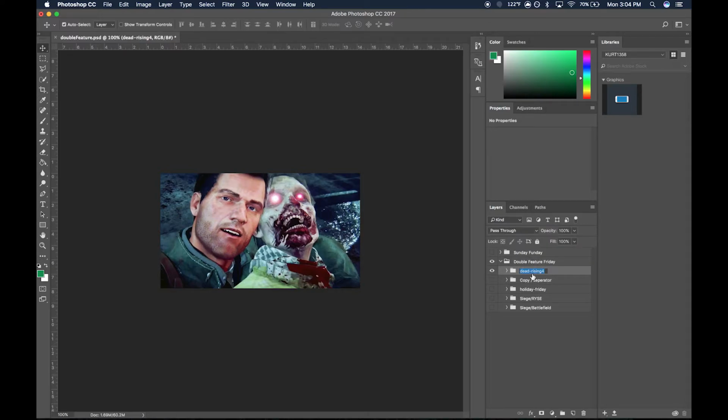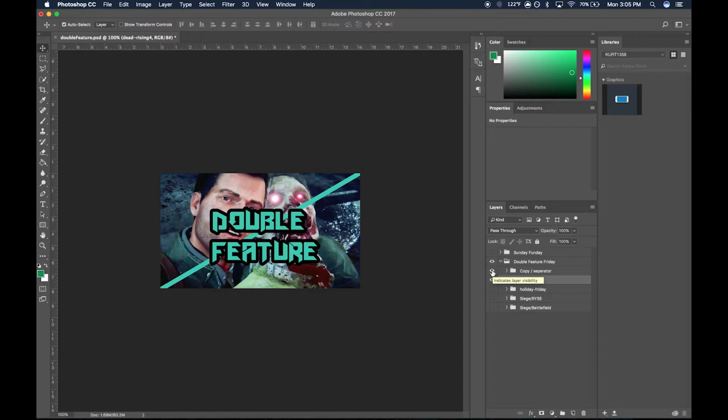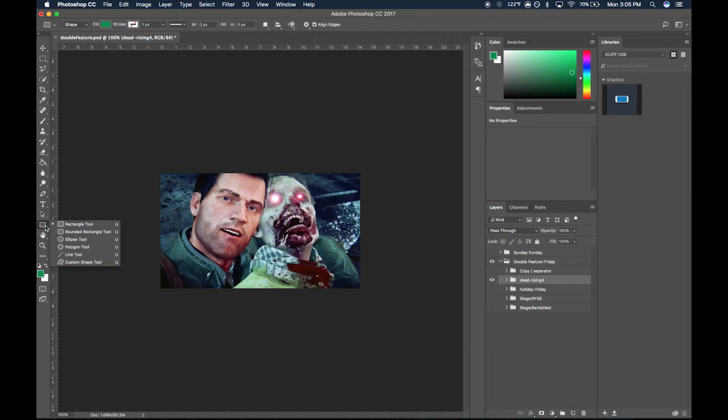What I also like to do is I've gone ahead and saved my copy and separator that I use for all my standard Double Feature Fridays. But what I'll do is I'll go ahead and show you guys how I created that in the first place so you can do the same. It's super simple. There's probably a different and easier way to do this, but the way I do it is